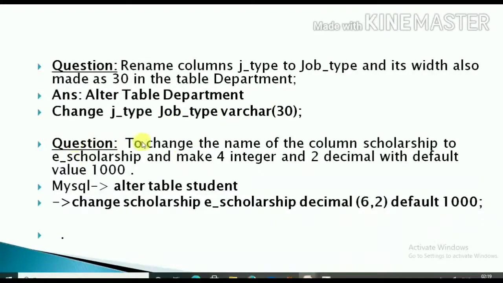The next question is to change the name of the column scholarship to e_scholarship and make it 4 integer and 2 decimal places with default value 1000. So the command will be ALTER TABLE student CHANGE, the old name of the column is scholarship, the new name is e_scholarship, DECIMAL with 4 integer and 2 decimal places means DECIMAL(6,2), DEFAULT 1000; So the command is ALTER TABLE student CHANGE scholarship e_scholarship DECIMAL(6,2) DEFAULT 1000;